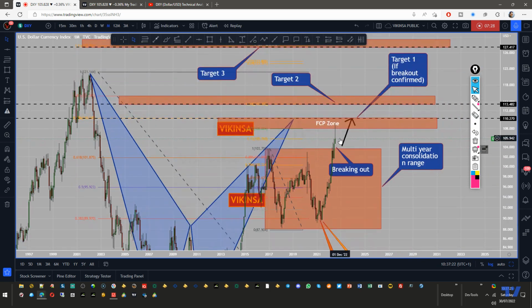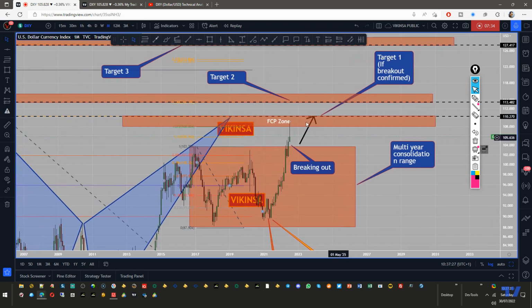So this is what we have. If I see that trend line getting respected, then I will take the long position and hold it until it reaches the FCP zone, deeper into the FCP zone once again, and then I'll probably look for short positions. However, if the dollar actually continues to go beyond 110, and if I see a confirmation above 110, then I will look for a long position again into 113.482. And if that is also broken, then we are looking for a very good long-term move of the dollar into 127 or so. Okay, so this is how it is looking right now. If I go to Euro USD for a second.